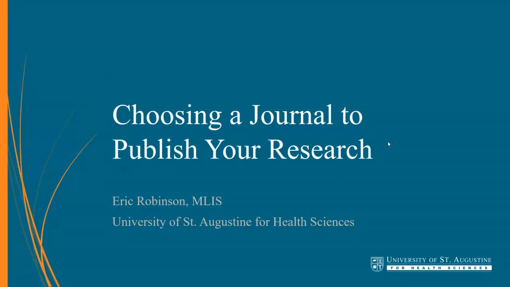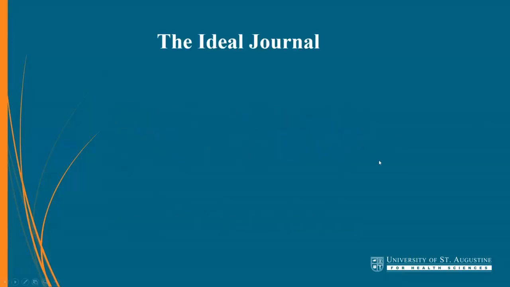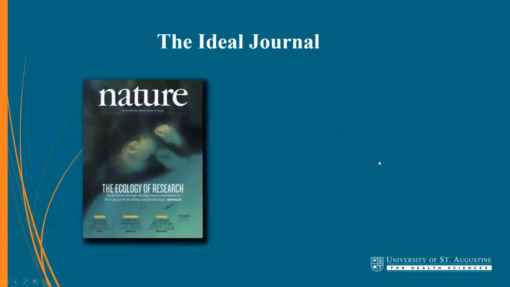But when we're talking about evaluating a journal to publish your research, I'm sure you've all got a pretty good idea of what we mean. Basically, we're thinking about the ideal journal that we want to publish our research in. So Nature is probably at the pinnacle of what most people would consider the ideal journal. Just a really high quality publication. It's really widely consulted. This one happens to be cross-disciplinary, but any ideal journal would be widely consulted, at least within your field, if not across fields.